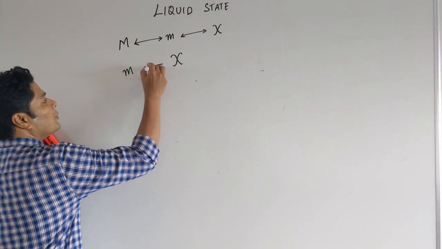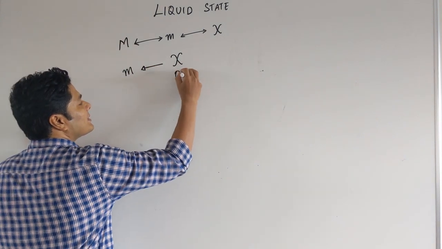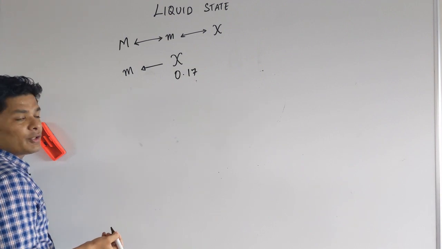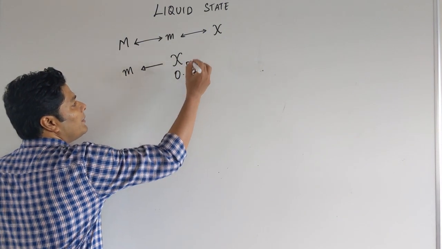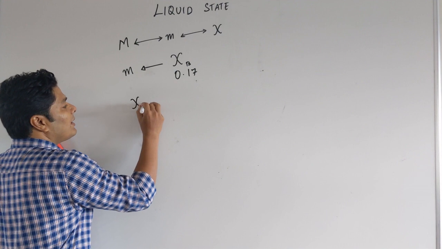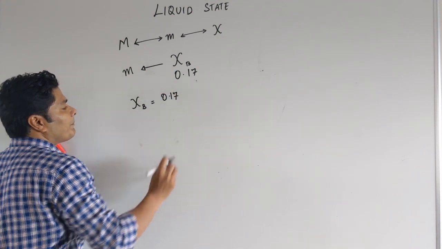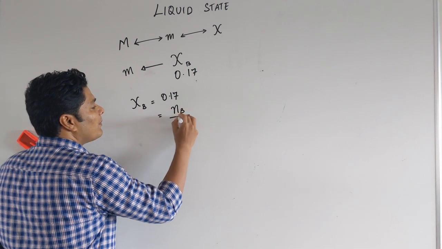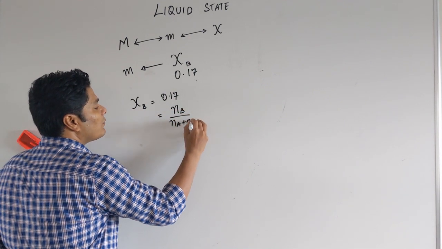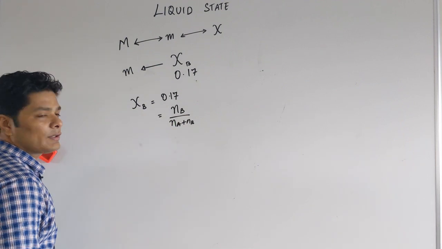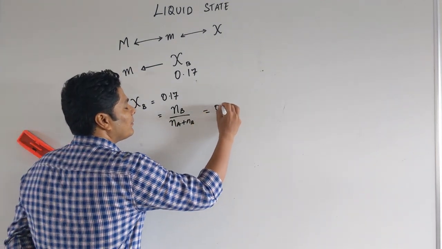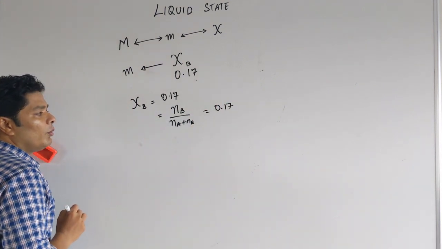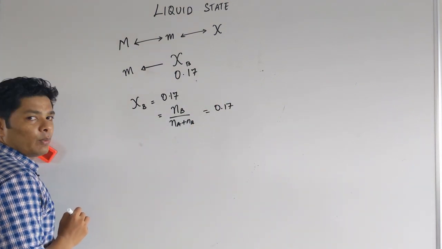If they ask you the other way around, they ask you to calculate this way. Okay, let's say this is given as 0.17, example 0.17 mole fraction of B. So what does it tell me is chi B equals 0.17. So what does it tell me is moles of B divided by moles of A plus moles of B, that's my total moles, is 0.17. Now this is what I know.